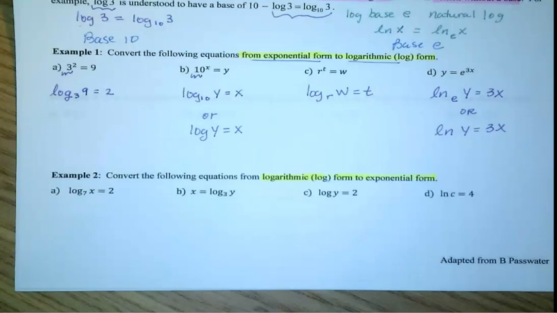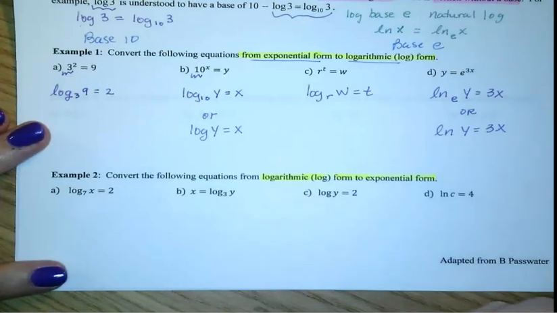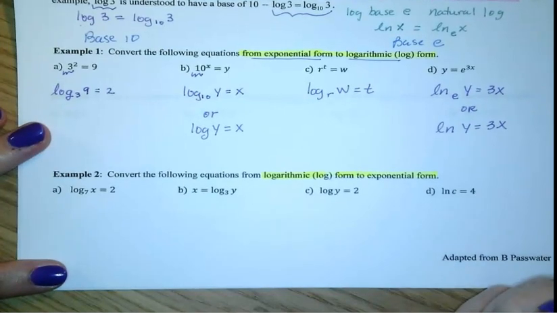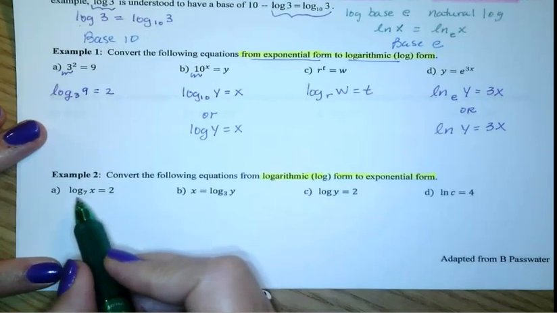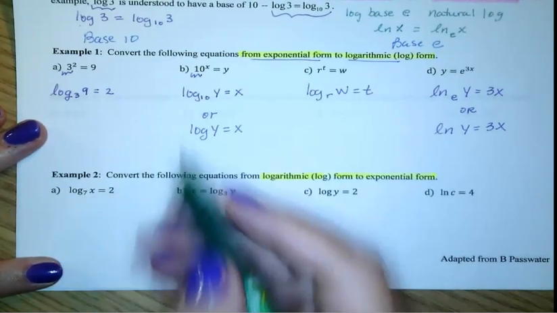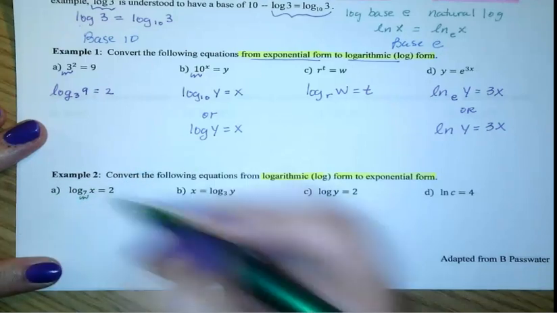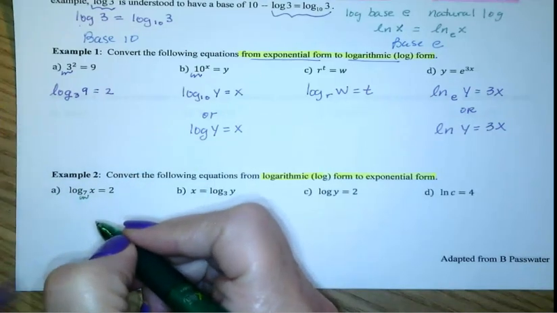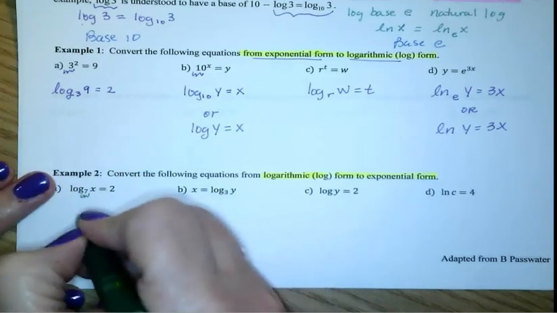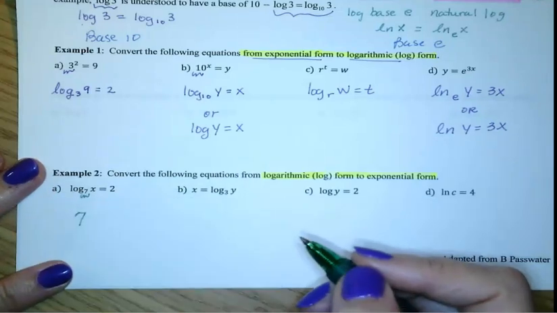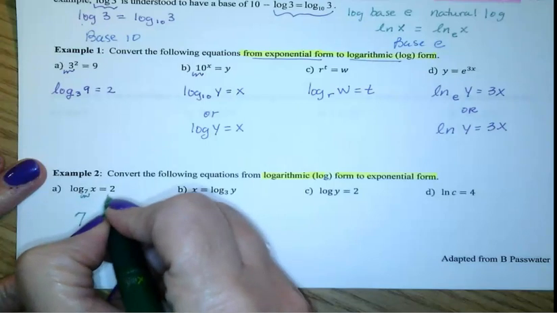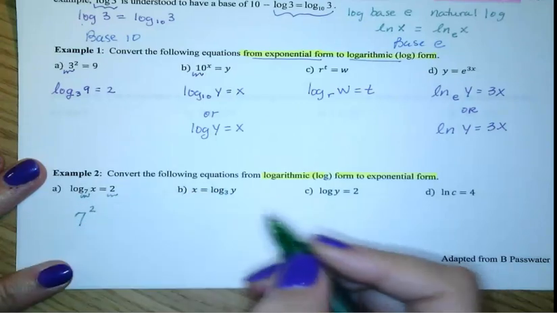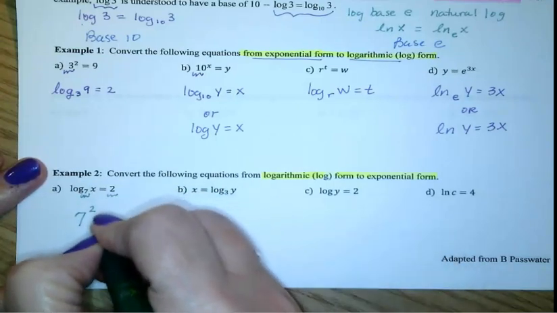So let's do the first couple together, and then I'll have you pause your video and practice the last two. So if we're going the other way, then we're going to start by identifying where our base is. So our base is right here. So that's 7, and that's going to become the base of the power. And remember, the output to a log is the exponent. So since the output right here is 2, the power is going to be 2, and that's going to equal